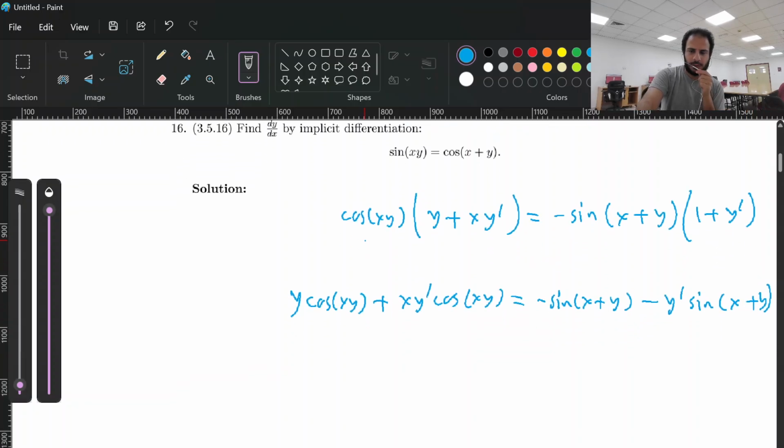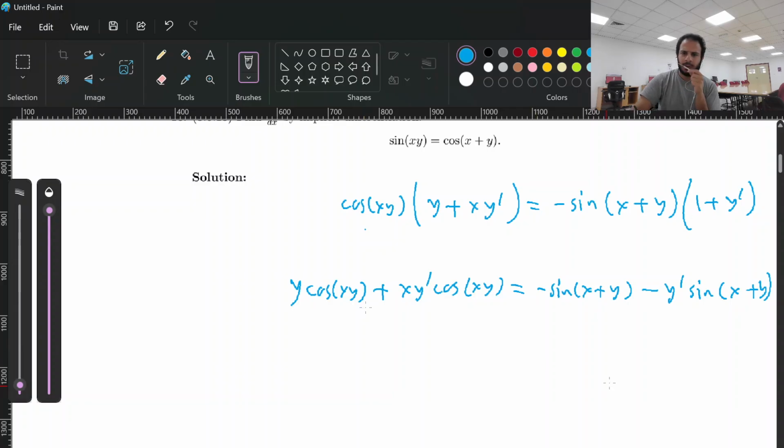Next, we solve for y prime. Do you want to move it to the left side? Yeah, we have y prime to move to the left side. So let's move it to the left side and y cosine xy to the right side. So we will get